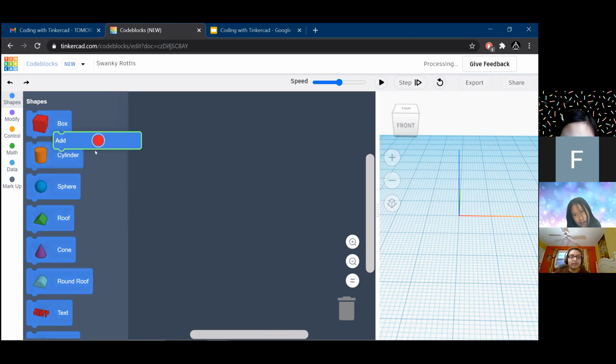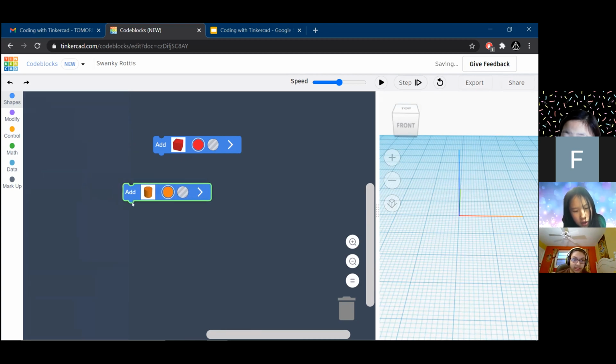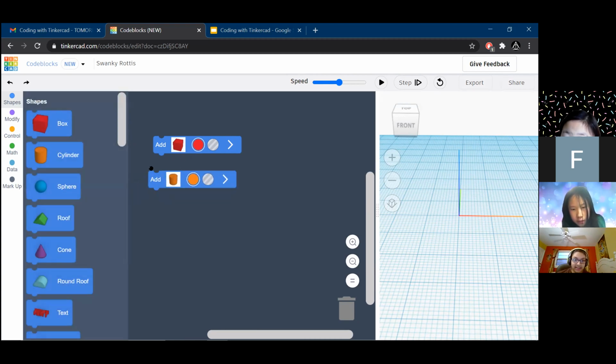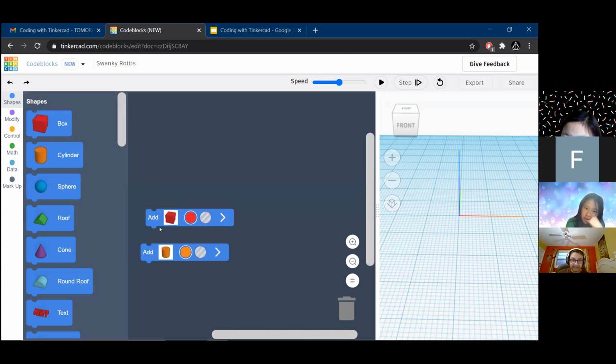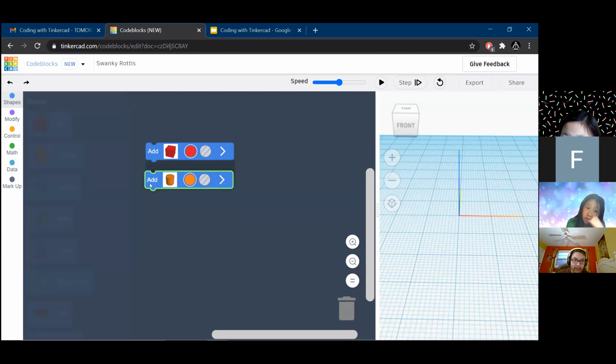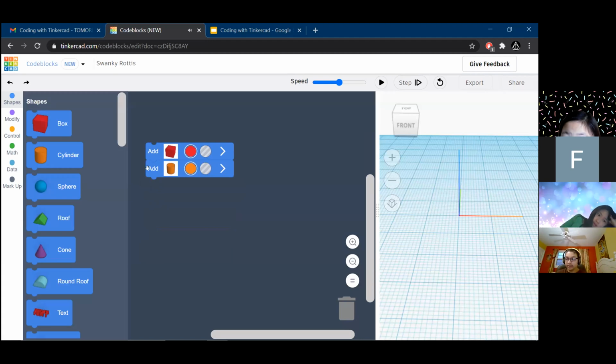So let's see, we drag over this block, and it says add cube, like a box. Now this thing has something sticking out, so now something needs to fit under that. We can drag over something new, and you see that this one has a little divot in it, and this one has something sticking out. That means they can go together. If you drag them close to each other, it will snap together and make a puzzle piece.